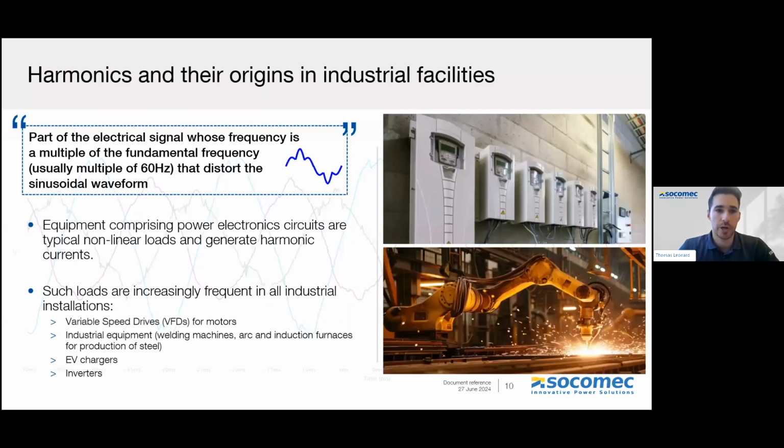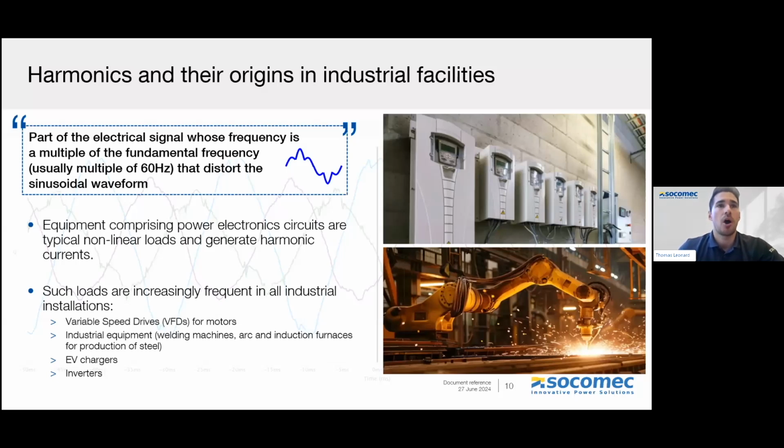The first one we're going to look at is harmonics. Just a quick definition in case everybody's not familiar with harmonics. Harmonics are part of the electrical signal whose frequency is a multiple of 60 hertz. So usually in an electrical installation, the ideal would be to have a 60 hertz signal only, but you have a mix of multiples of the frequency, so 120, 180, etc. And this mix of harmonics will distort the sinusoidal